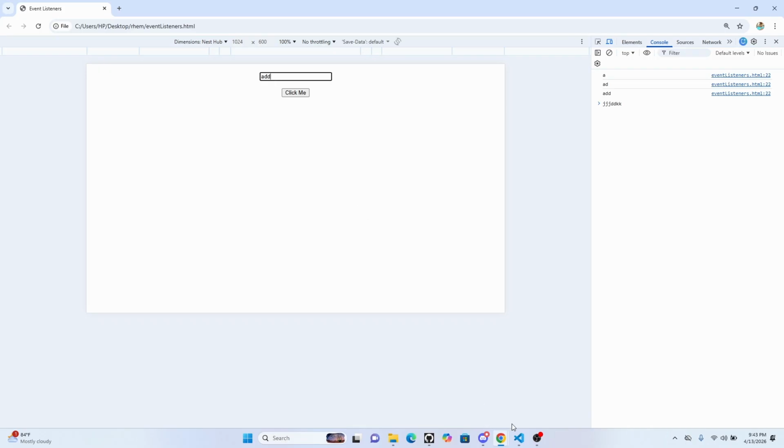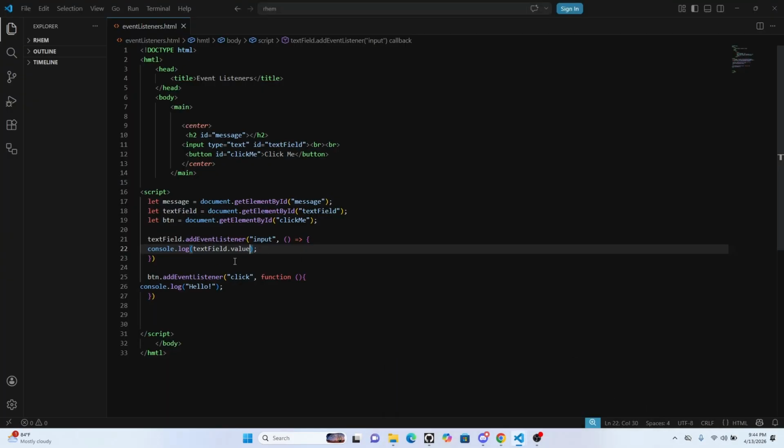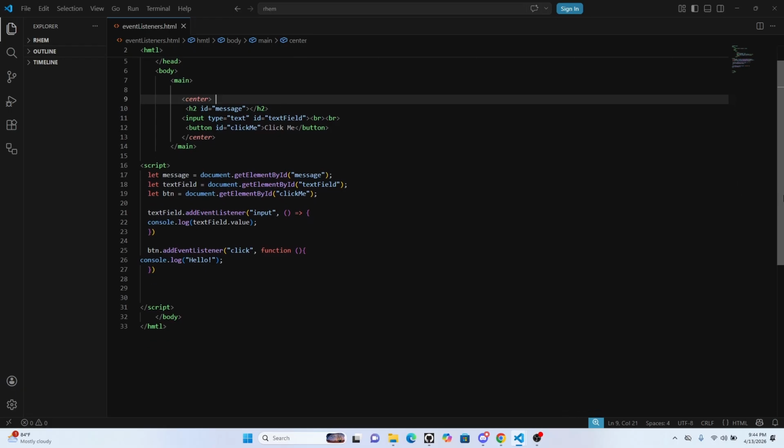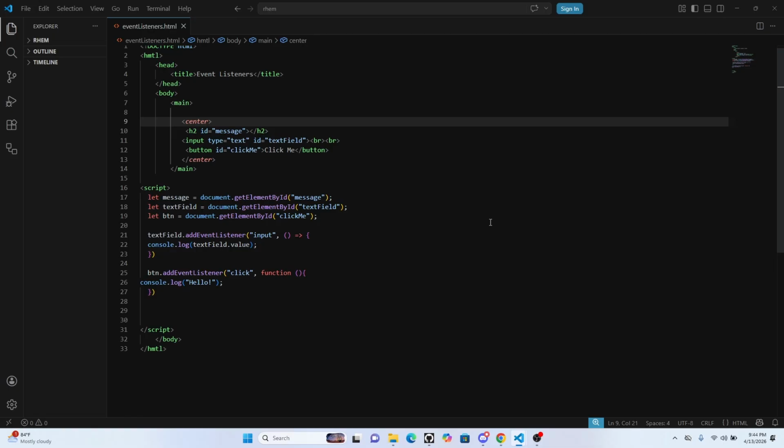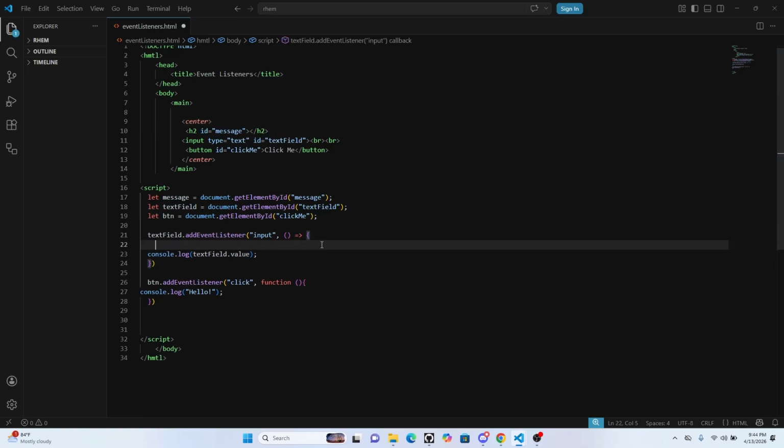So now let's take it this way. Let's do it this way. Instead of that, it should now write into this space, this H2. We want it that whatever we are typing in that field, instead of it to just console log, it should also write into this node, this H2 here. Okay. So what we now have here is this. What we'll do is this. Instead of us just console logging it, before we console log it, we will now say